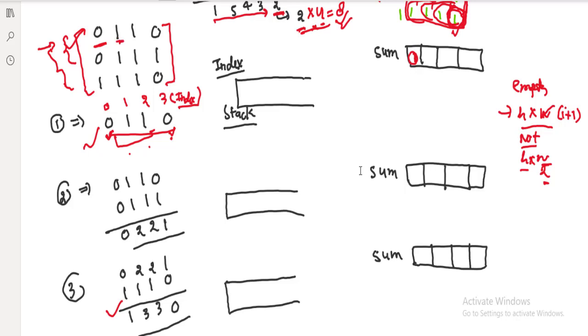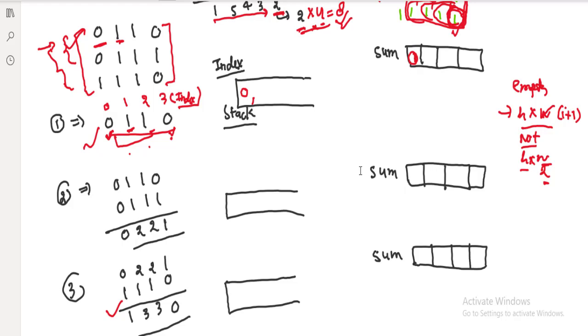What should be the answer? 1. Now see how it comes. After computing this value, we have to add this index into the stack, this is the index, not the value. So 0 has been added. Now it comes to 1. Now see if there is any element in the stack which is larger than this. No, there is index 0 which contains value 0, which is not larger. So we compute here. Now see if the stack is empty.